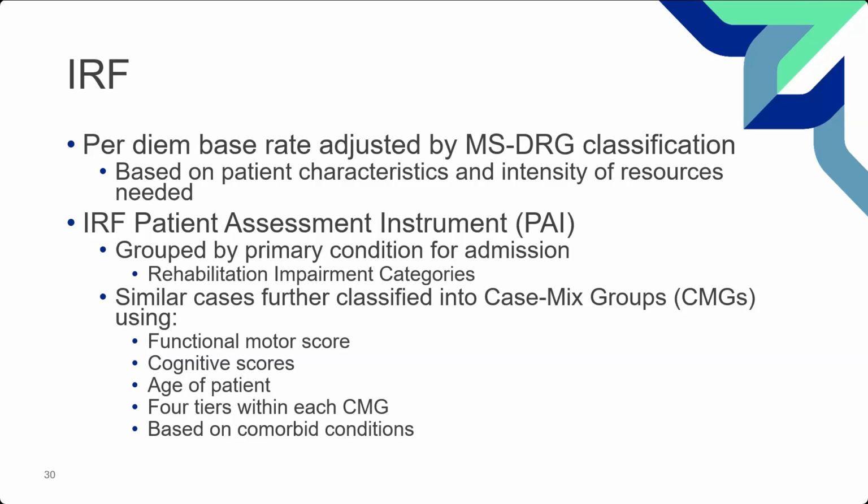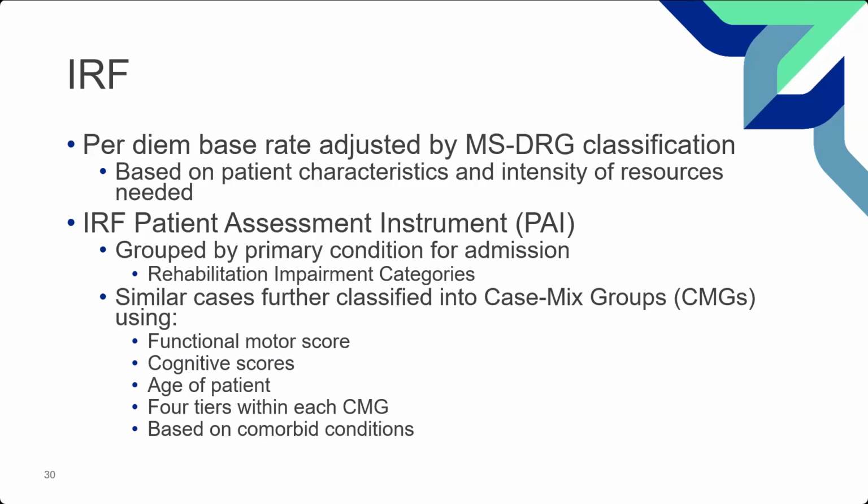What makes it that versus a skilled nursing facility, where they could be having different levels of intensity, different amounts, which is why they're in the inpatient rehab facility? So we really have to look at those types of things. Part of the biggest payment portion is the patient assessment instrument, and what this does is it groups the primary conditions for admission. Really, when we look at the assessment instrument, it gives us the information we need to know what's going on with